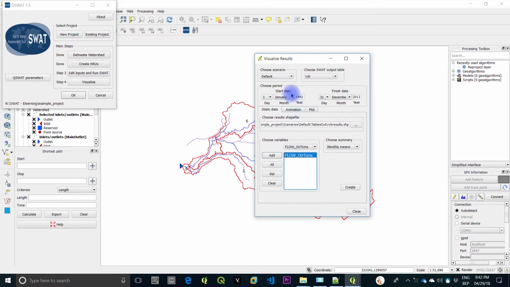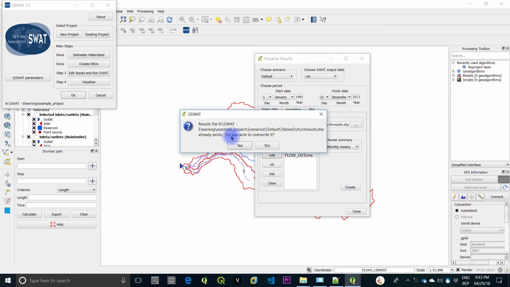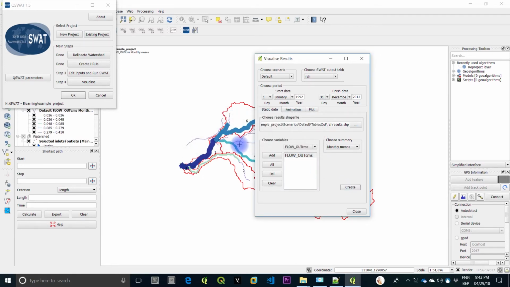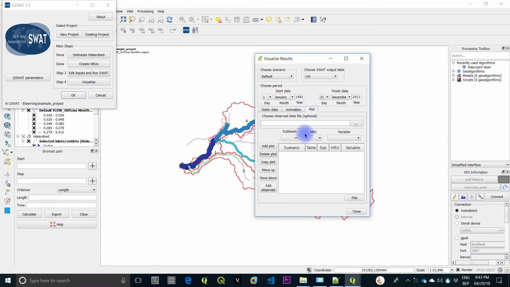So start date and finish date. This is starting in 1992, because from 1990 we had the warm-up period, and the records are only available from 1992. So after you select it here, you click on create. Okay, so I already had a similar shapefile. Now you can come to plot. I want to plot,